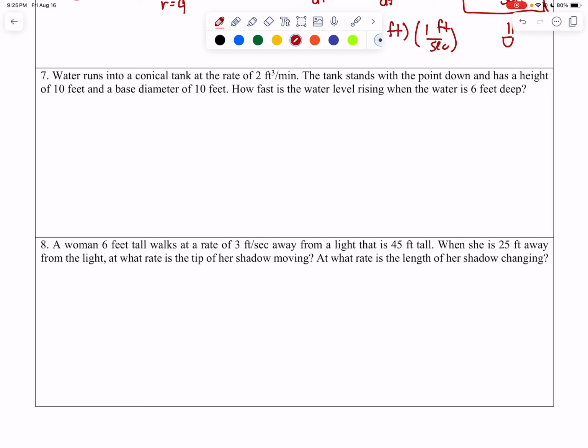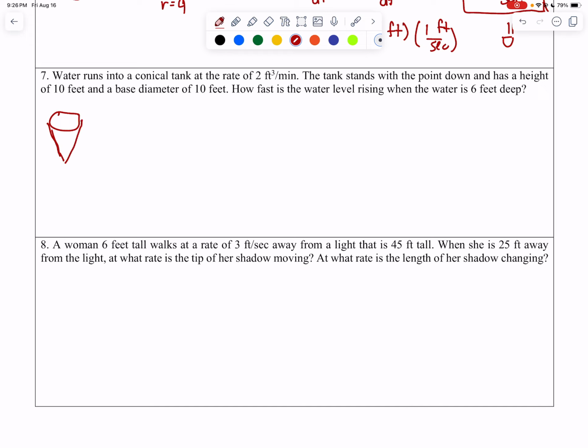Alrighty, in this video we are going to be doing related rates in terms of substitution and geometry. So let's look at number 7 and number 8 and see what I mean here. So we have the water and it runs into a conical tank at a rate of 2 feet cubed per minute. Before I do anything, I'm going to go ahead and draw my little